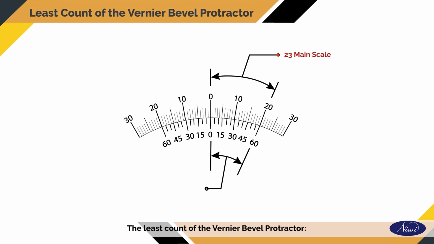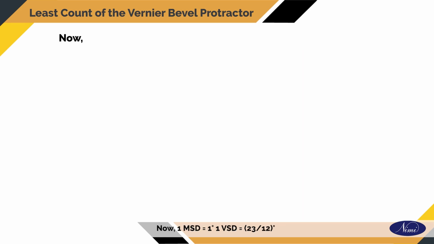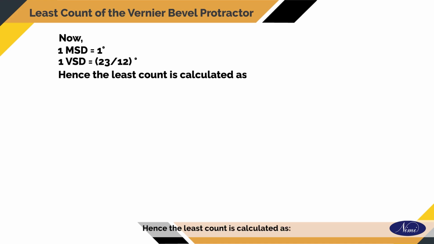The least count of the vernier bevel protractor. When the 0 of the vernier scale coincides with the 0 of the main scale, the first division of the vernier scale will be very close to the second main scale division. Now, 1 MSD is equal to 1 degree. 1 VSD is equal to 23 by 12 degrees. Hence, the least count is calculated as: least count is equal to 2 MSD minus 1 VSD,